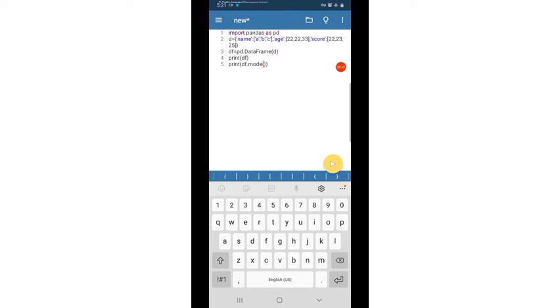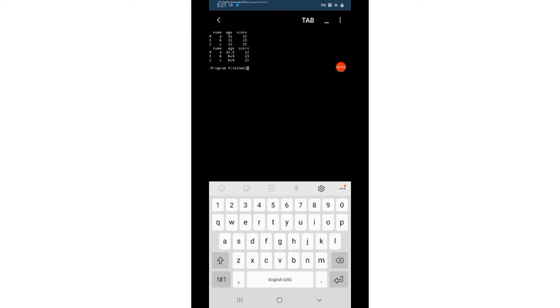So the mode will be calculated for all the columns. If we do not specify axis, let us see what will be the output. I didn't specify any axis, so the axis will be taken by default as the columns.